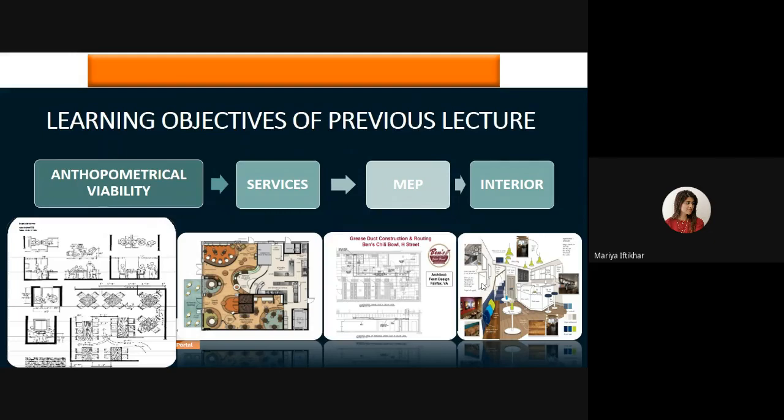And the last point discussed in the previous lecture, the main learning objective, was interior. So these four main learning objectives are very important, and I'm giving stress on it again and again, because by the end of the day, your project is to be marked on these four main points. So obviously the interior is very important for a cafeteria design,